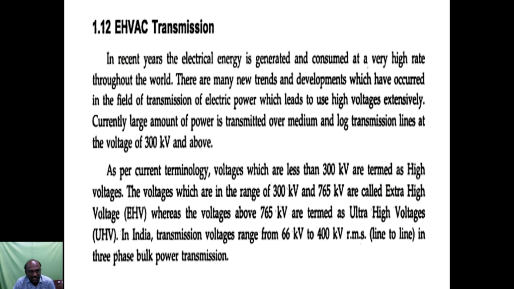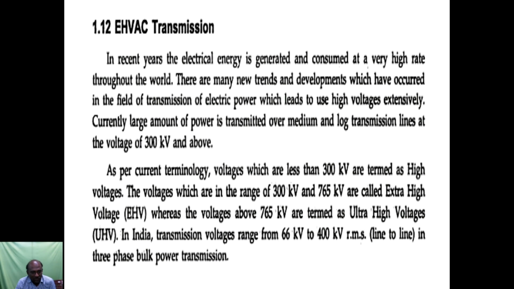Then EHV AC transmission, a type of transmission system. EHV AC is the abbreviation of extra high voltage AC transmission. In recent years, energy is generated and consumed at a very high rate throughout the world. There are many new trends and developments in the field of transmission of electric power, which lead to the extensive use of high voltages. For the use of these high voltages, we go for EHV AC transmission, using which we can step up the voltage up to 765 kV using various kinds of